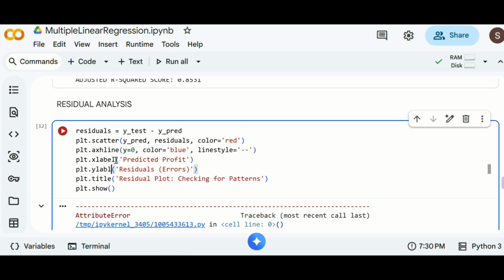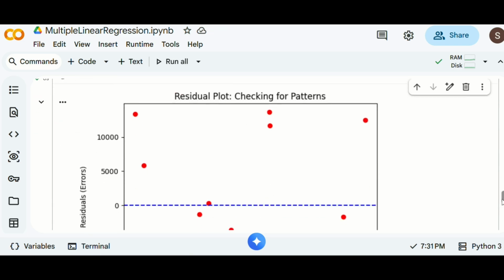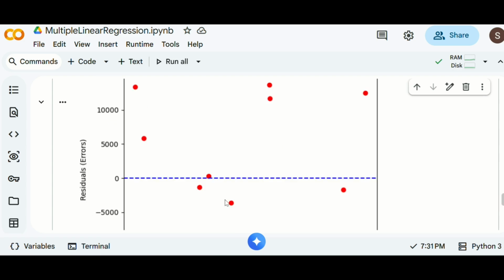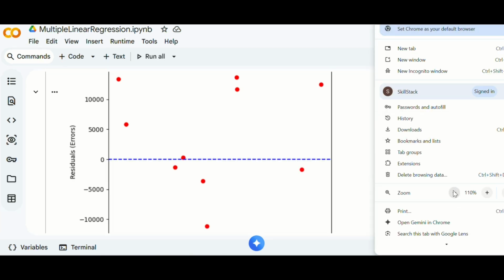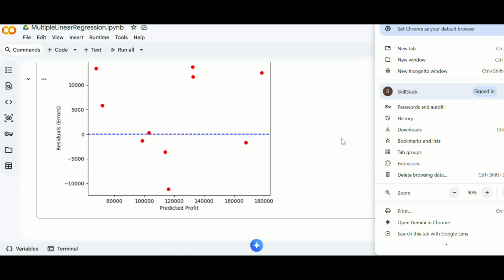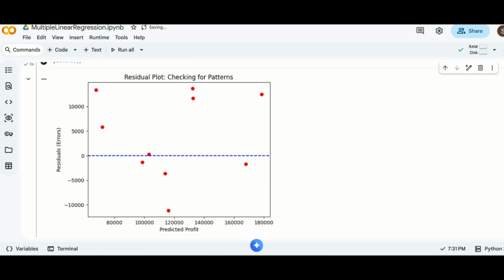Okay, so you need to take care of the errors. To run again, and you can see that this time I didn't get an error. Okay, and you can see that this is my line, y is equal to 0, my horizontal line. Let me just zoom it out for you a little bit so you can see. You can see clearly that this is our predicted profit and this is our error, and total points 1